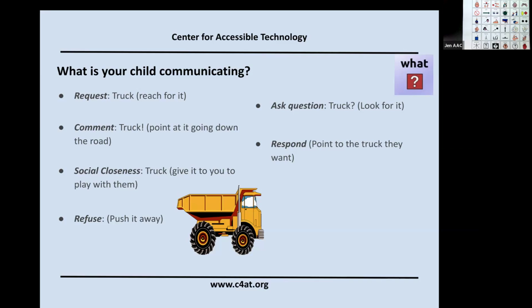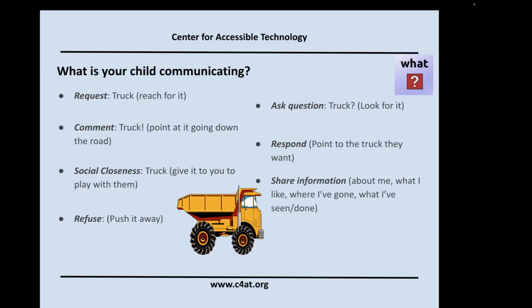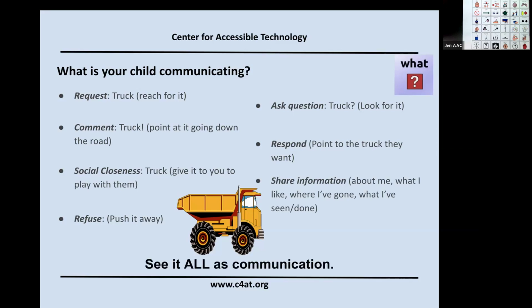That's the one they want, truck. Maybe they're trying to share information. They're trying to tell you about a time that involved a truck. Maybe they saw one, maybe they went in one. I don't know. What's important is that we see it all as communication,